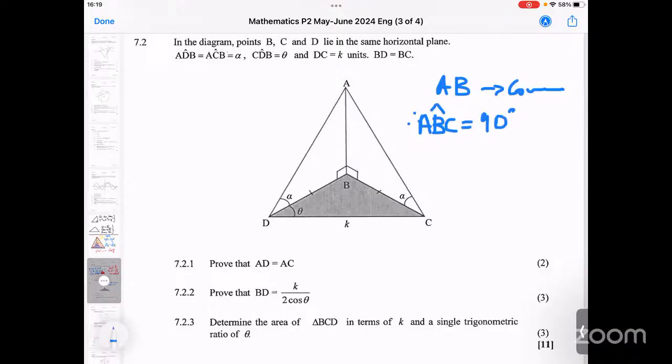And again, that angle B in triangle ABD, again, it's 90 degrees. And it doesn't end there, Didintle. You will realize that